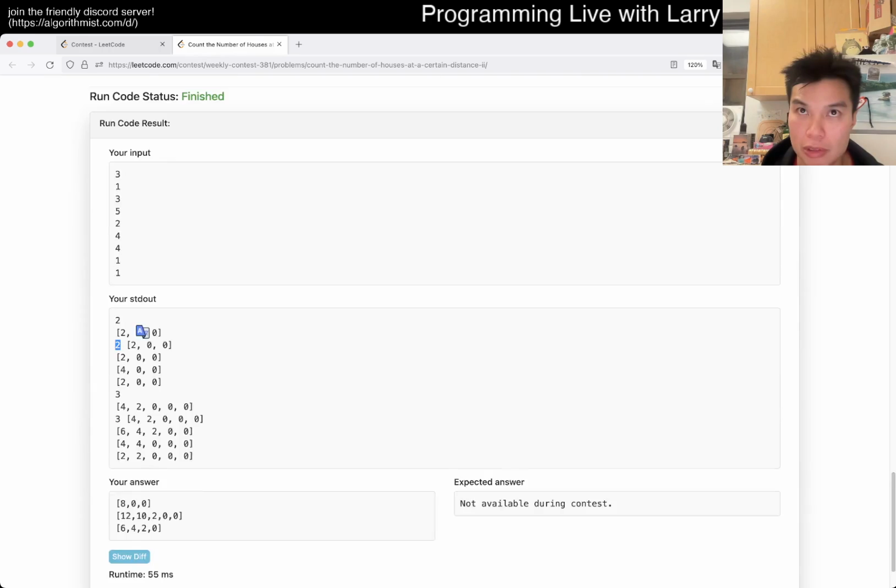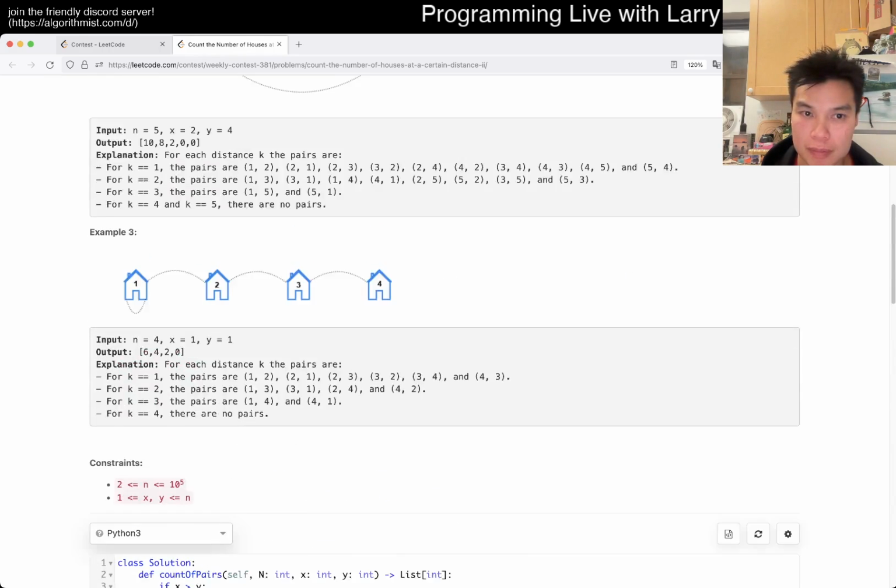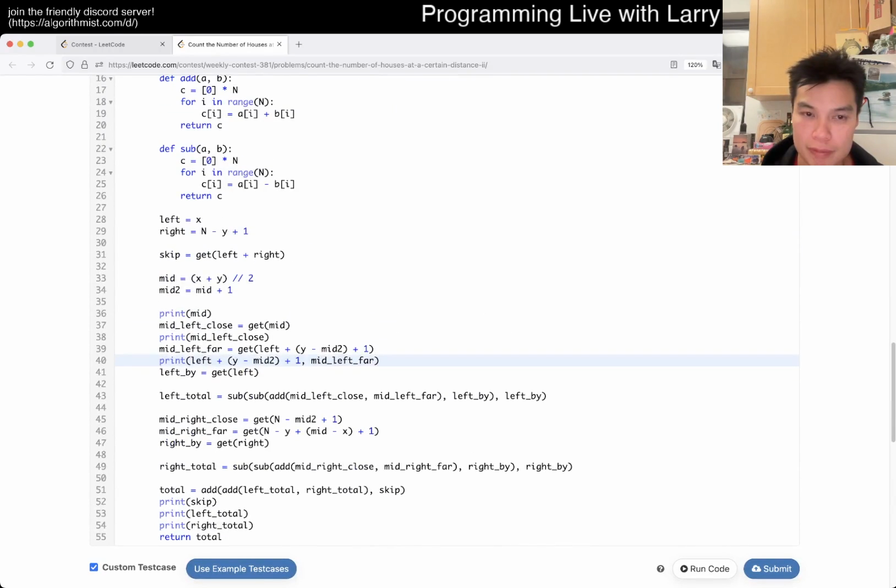This number is 2. One, 2. That's not even right. I think this is off by 1 anyway, but